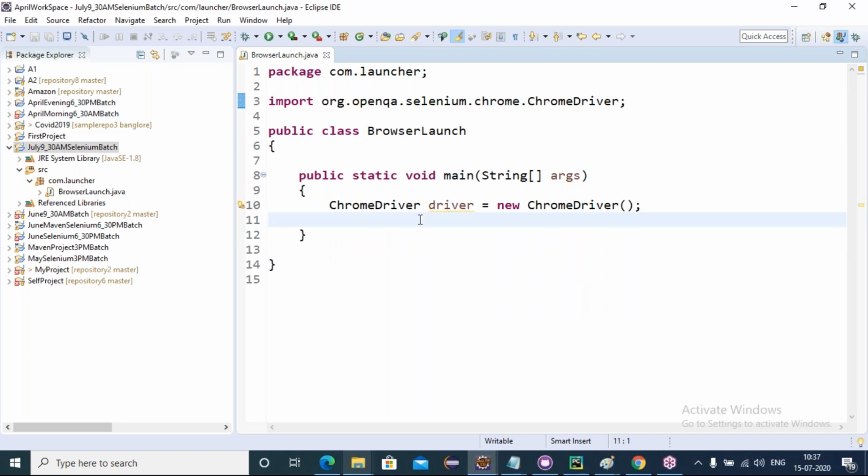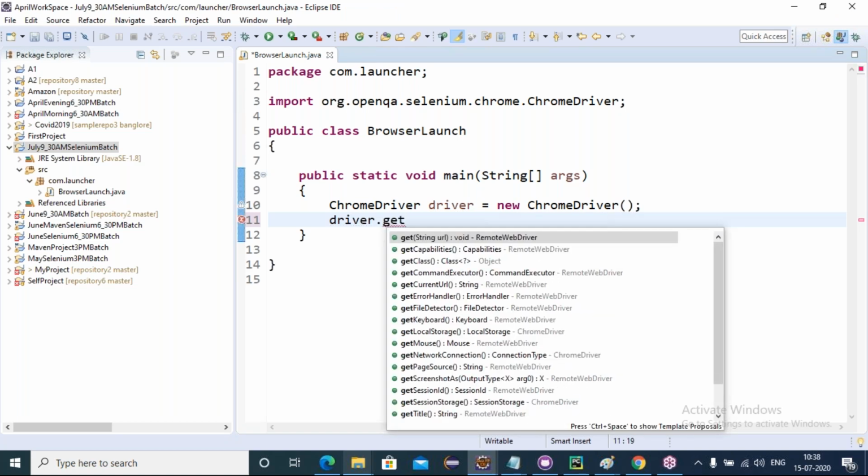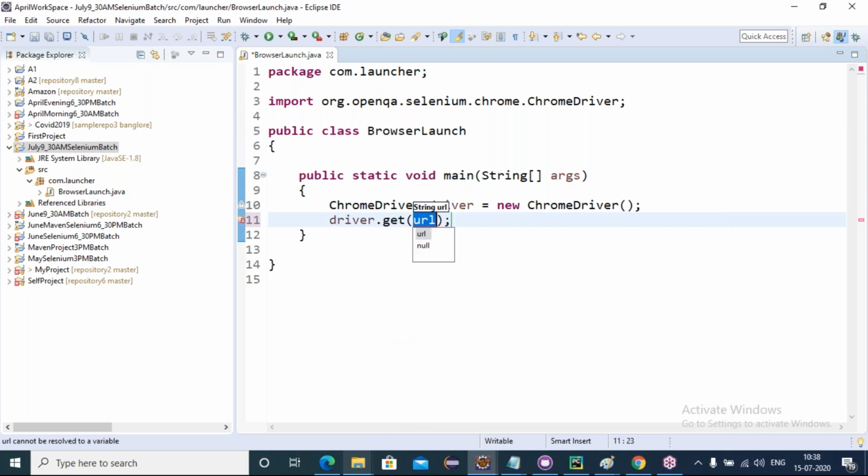Now here I can use, one second. Now I created an object for ChromeDriver. With this ChromeDriver class reference, I can launch the Chrome browser with some site address. Tomorrow we'll see that detailed difference. Let me navigate. Out of 13 methods, one of the methods is the get method, to navigate to the URL https://www.amazon.in. Now save this program.